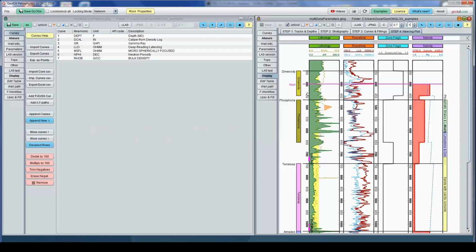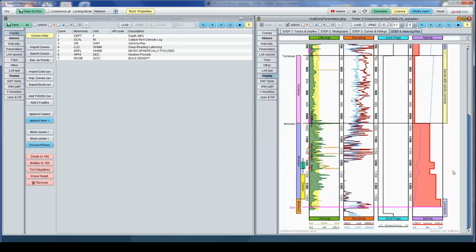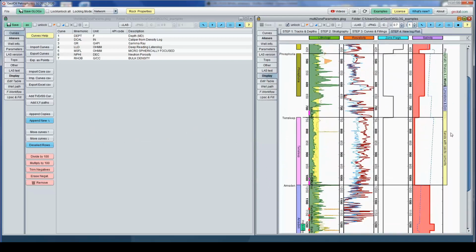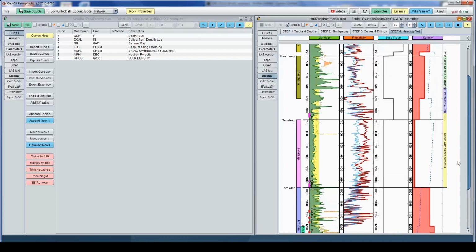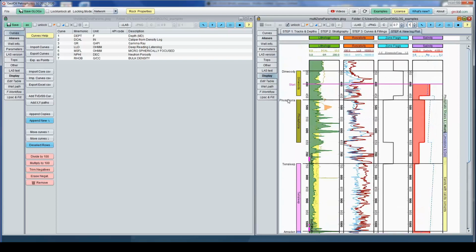We have here to the right an already processed example with formations Dinwoodie, Phosphoria, Thames-Lip, Amsterdam, and Madison. Nested inside the Amsterdam formation, we have members, like the Horseshoe member and Darwin member. Each zone will have different parameters. Ideally, you have contiguous zones.